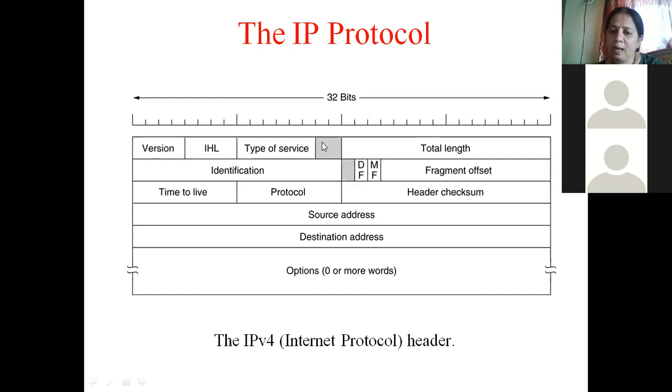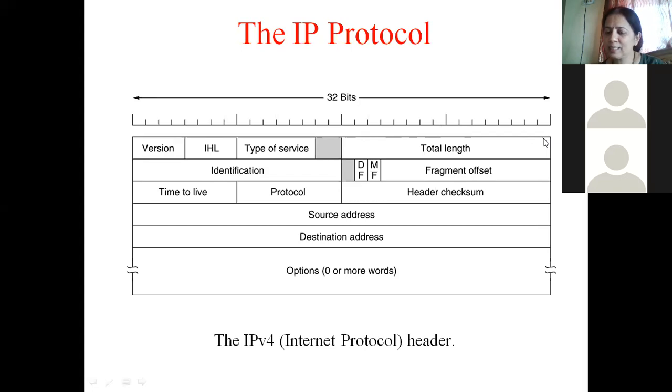After that comes this gray part, as you all can see. This is 2 bits long and it is an unused field. So in IPv4, these 2 bits are not used. They are just left blank. Whatever is shown in gray color is the unused bit. That means a total of 8 bits are provided for type of service, out of which it uses only 6 bits and 2 bits are ignored, and those 2 bits are unused bits.